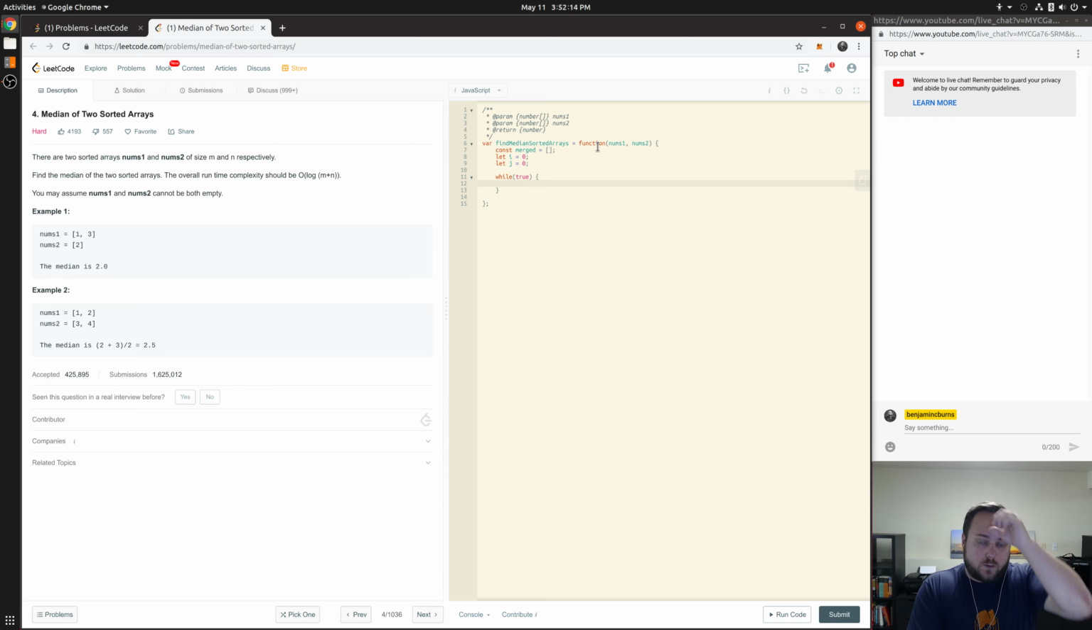When you're doing a merge operation, what you do is you say: if nums1 i is less than, we'll say less than or equal, this is a stopgap, nums2 j, then we want merged.push nums1 i, i plus plus, else merged.push nums2 j